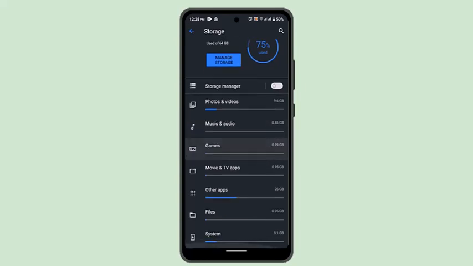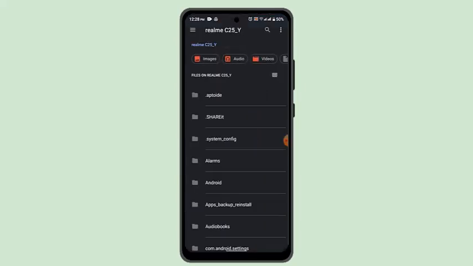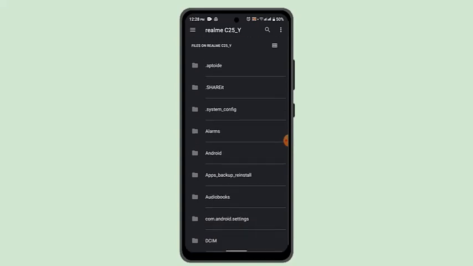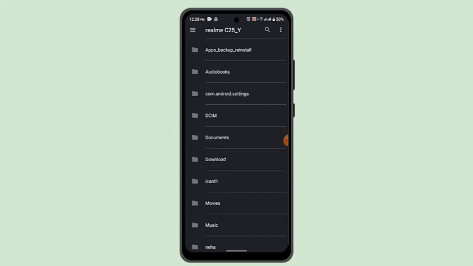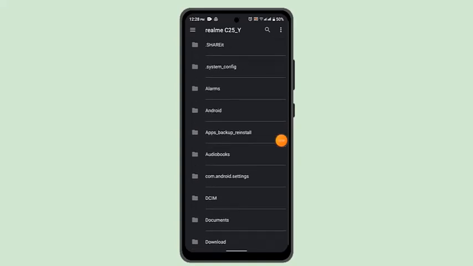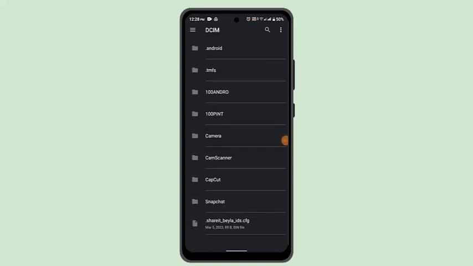So here you need to scroll down a bit and go to files. After that, you need to select the particular file, and once you select it, now scroll down a bit and you'll be able to find this option as DCIM. Go ahead and select DCIM, and the next page is going to take you to this where you have to go ahead and tap on the three dot icon located in the top right hand side corner and go to show